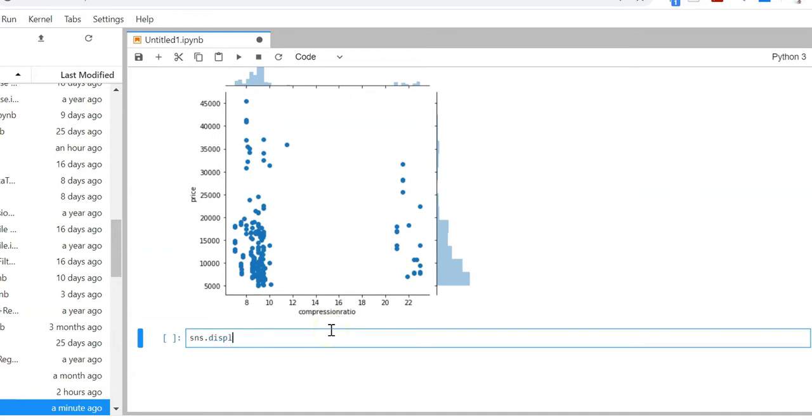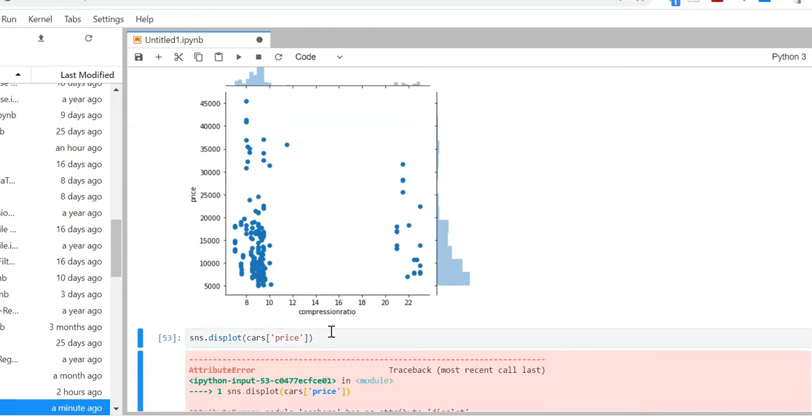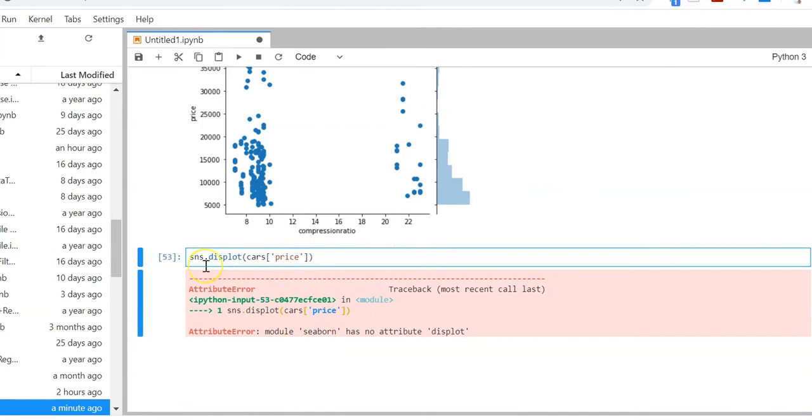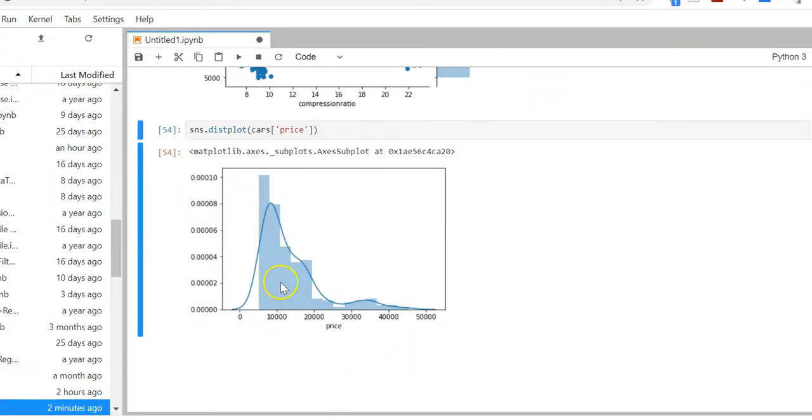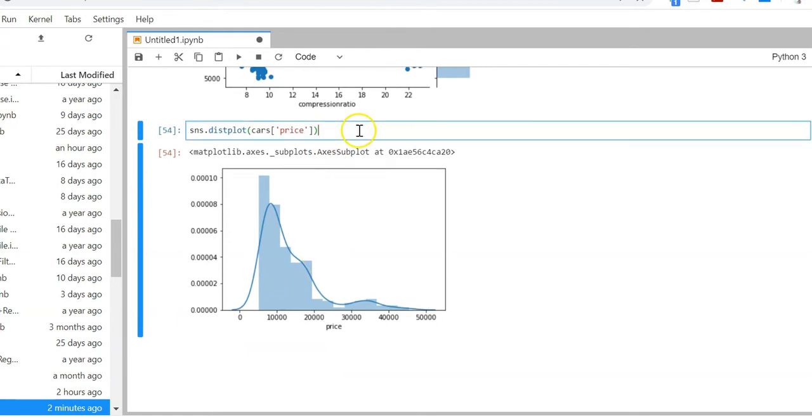So let us do a plot on the price column itself. So again here the majority of cars are having low price.